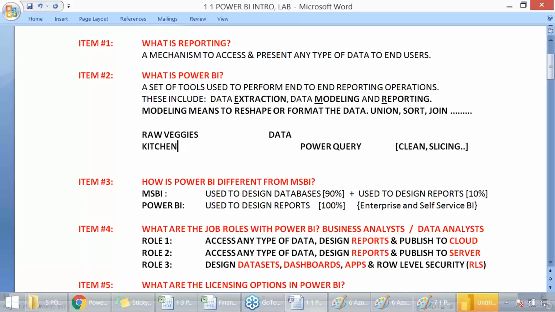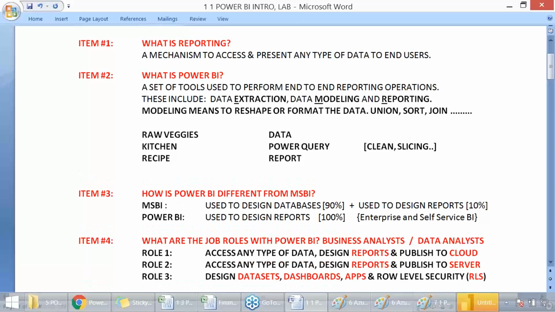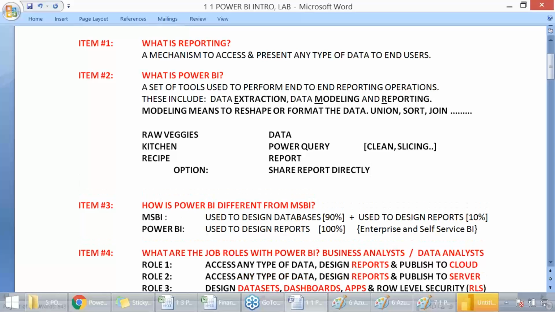Once we perform these activities, next comes the actual recipe. This is our report, but the story will not end here, right? Story will not end here. Option 1, share the report directly to the users. That is one option. Option 2,